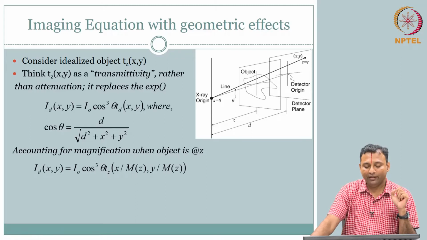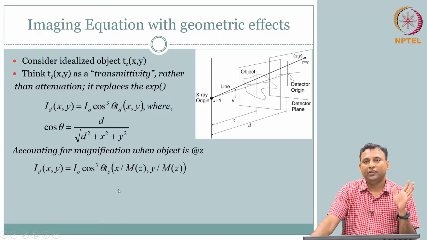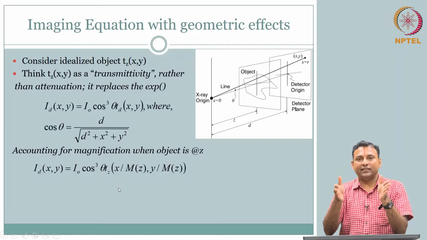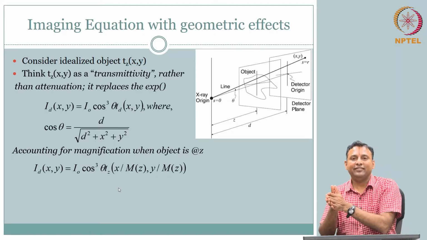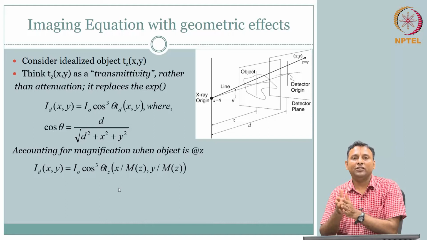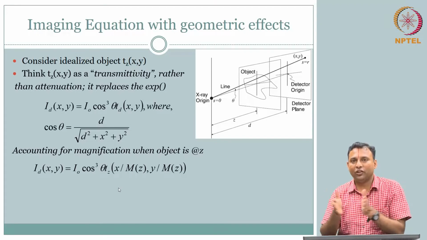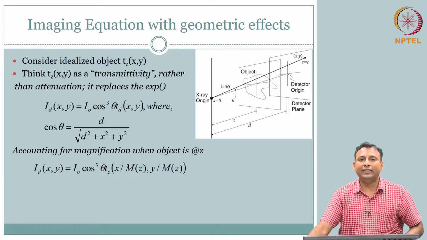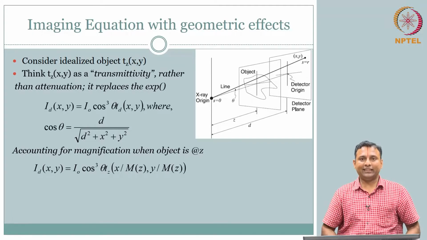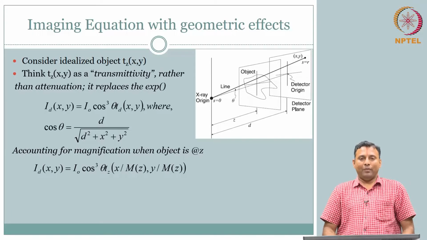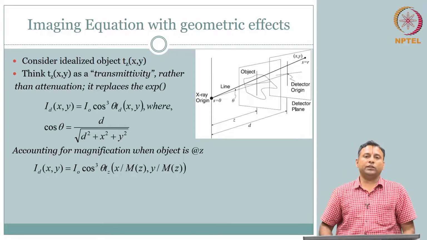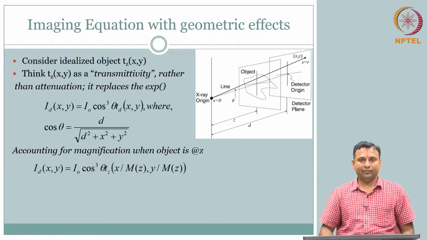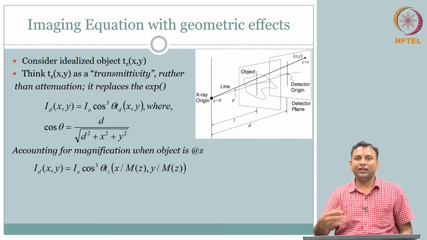Clear? So that is why we wanted to collapse it into an ideal object, so that it is easy to write this out. So now you see one more incentive: if the object is on the detector plane, then you cannot worry about your magnification, otherwise you are going to have that effect. So one of the incentives is, when you go for a chest X-ray, they would like for you to go back and be as close as possible to the detector. This is one of the reasons. They want to reduce the blurring.